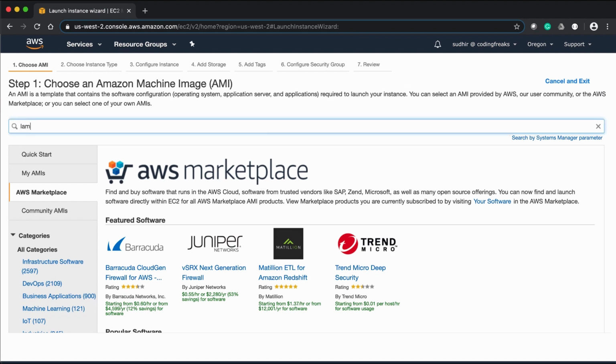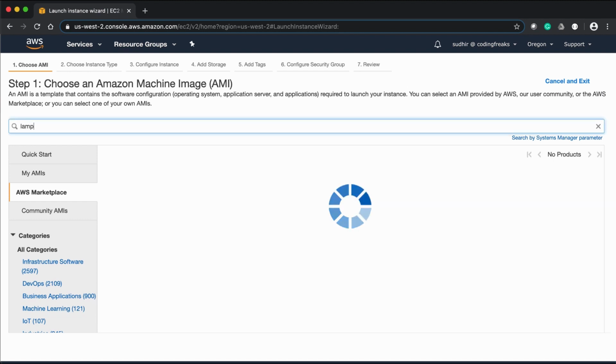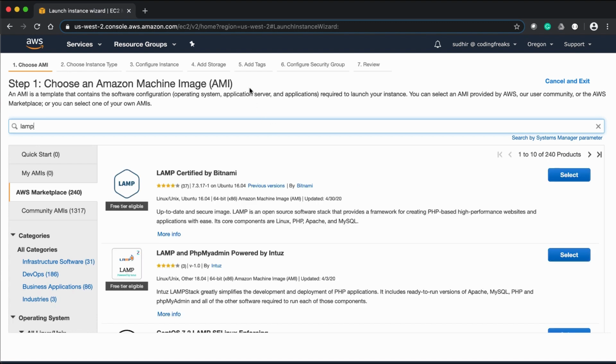Like if you say I just want to have a LAMP based server, then you can search for LAMP: Linux, Apache, MySQL and PHP. This is there. Just select this one. Whenever you boot your machine with this one, you will be having Linux, Apache, MySQL and PHP. If you see, this is mentioned over here also.